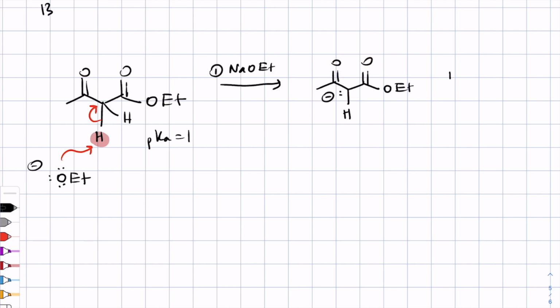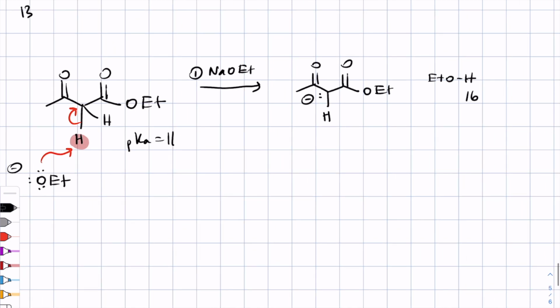You can tell that this reaction is 100% quantitative simply by writing the conjugate acid of your starting base, ethoxide, whose pKa is 16, and the pKa of 11, the stronger acid, loses its proton, no problem, right? So 100% yield,